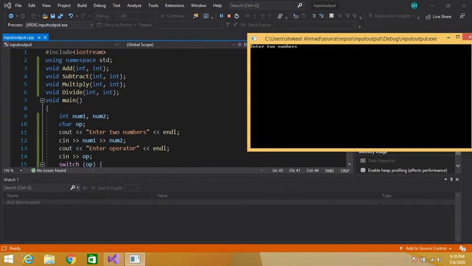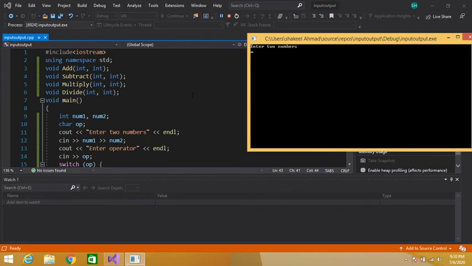First of all, I have declared two integer variables num1 and num2. Then I have declared a character variable operator op. Then I am taking input in these two integer variables num1 and num2 from the user. So the user will enter two numbers, and after entering the two numbers, the user will have to enter an operator, because I am prompting the user to enter the operator.